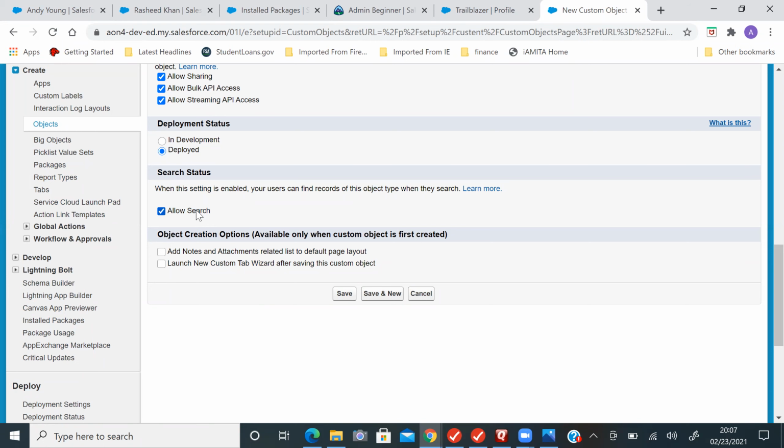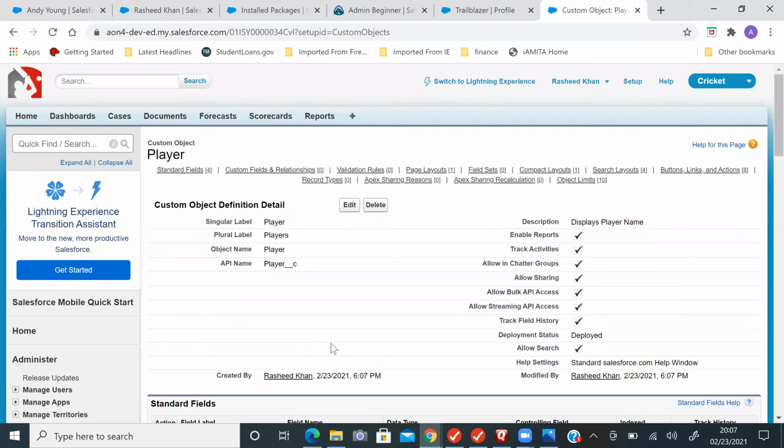If you don't want that, you can uncheck it. But it's always a good idea to check it because it will be easier to find. Click on Save. Now your Player custom object is created. Do one thing: create one or two more custom objects.